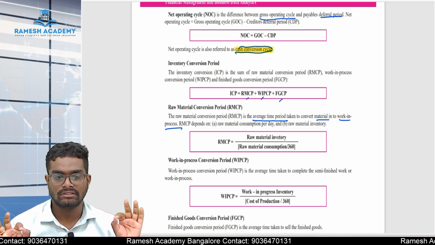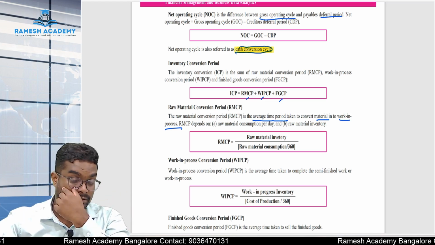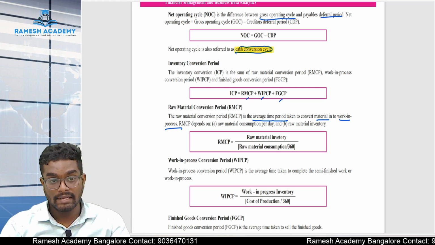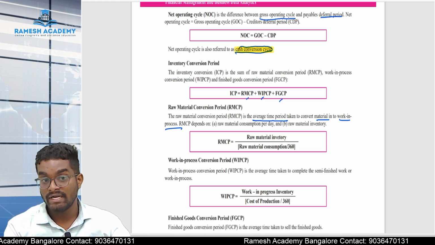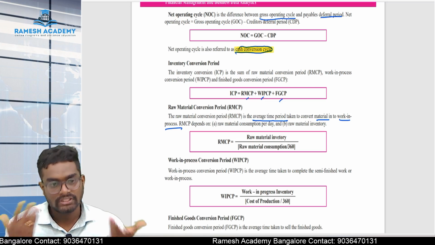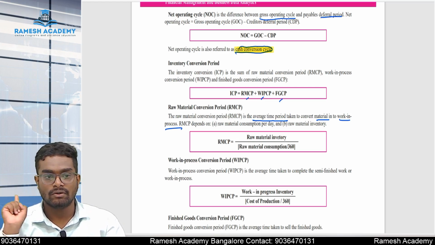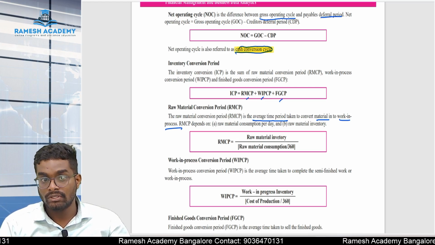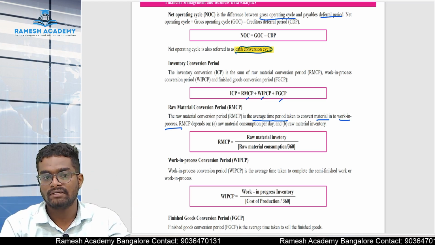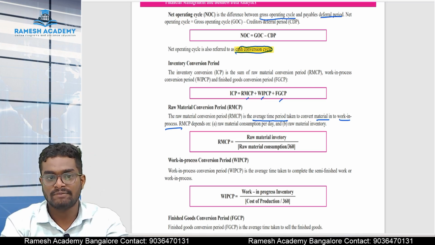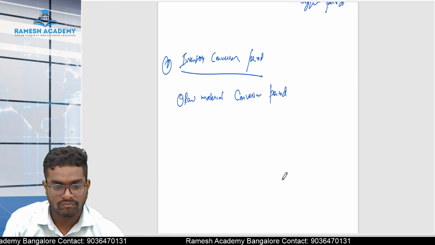Understood? Understanding my concept now? I am telling I have 100 in my stock. I have 100 in my warehouse. In warehouse I have 100 units of it. Per day, the production team is using 10 units. In how many days this warehouse is empty? Obviously 10 days. Per day 10 means in 10 days they will be using all the raw materials in the godown. So now raw materials is 0. Now it should be either WIP or the finished goods. If it is less than 100% completion, it is work in progress, and if it is 100% complete, it is finished goods. Understood? Simple. So the formula goes like this: